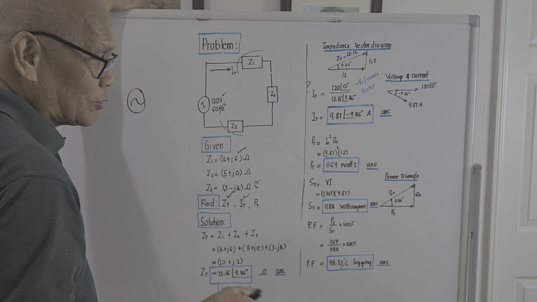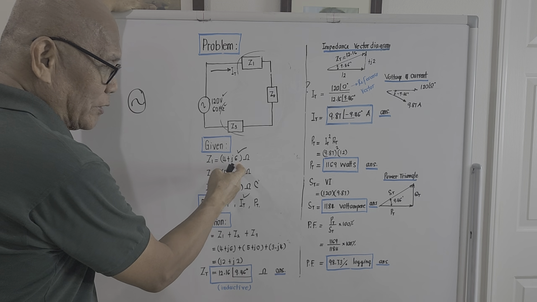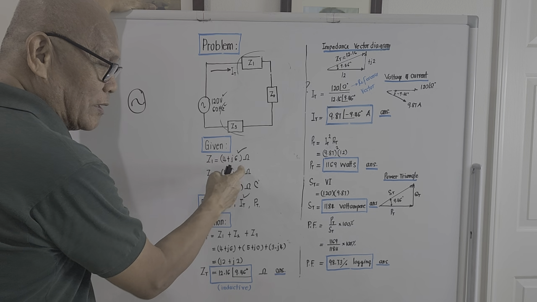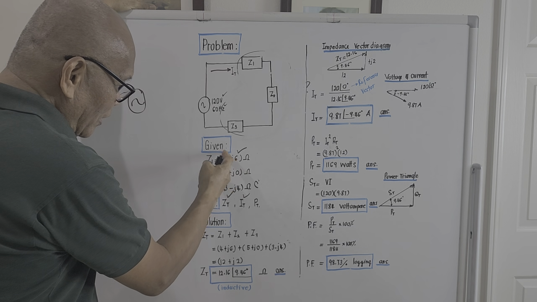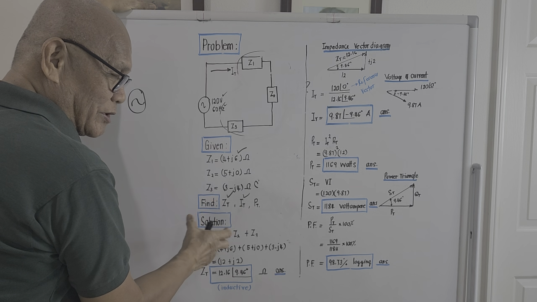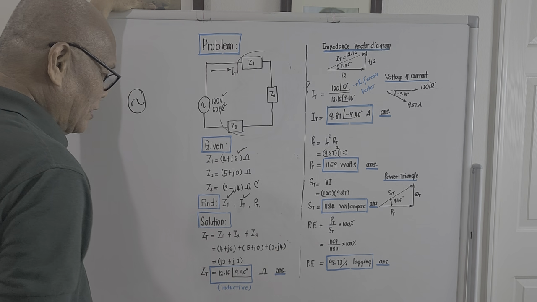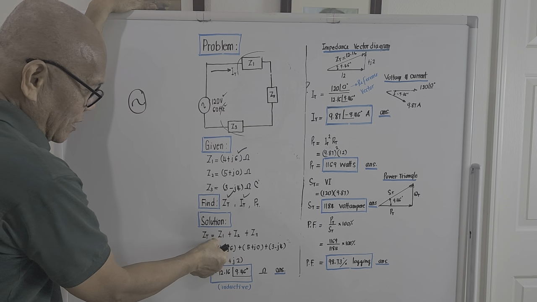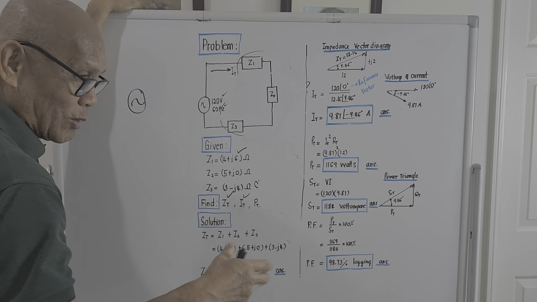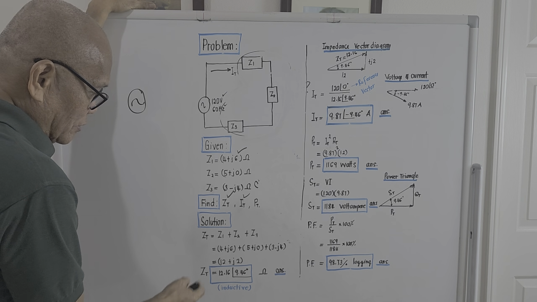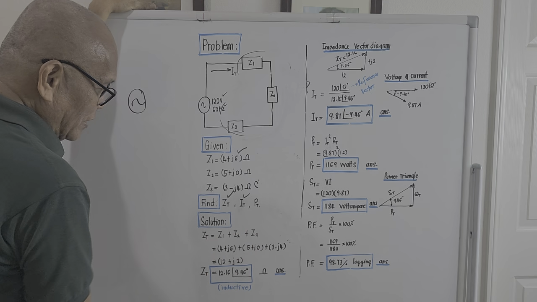vector quantity. Vector quantity meaning it got the real part and the imaginary part. We could not combine the real and the imaginary. We just combine all the real parts and we just combine the imaginary parts. So the two things are actually different. So if we try to compute for Z total now, it will be Z1 plus Z2 plus Z3. Like what I said, we will add it vectorially. So Z1 plus Z2 plus Z3, and luckily,